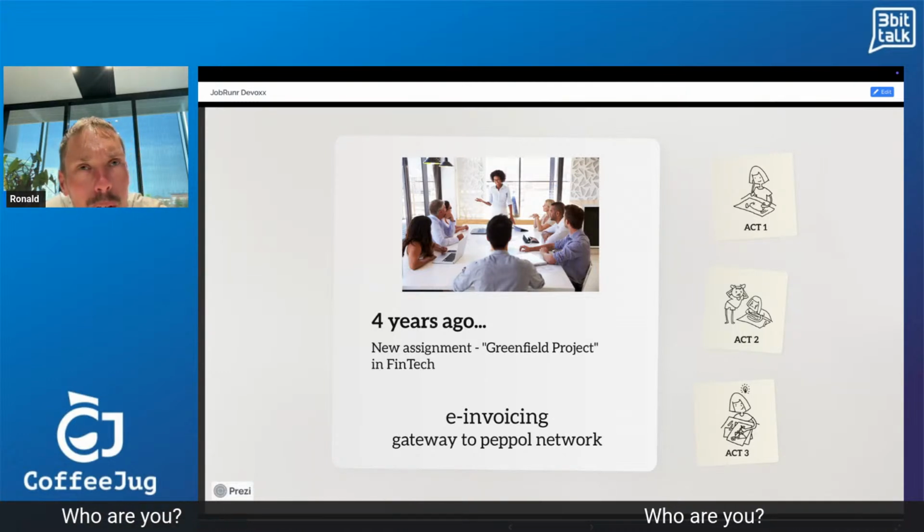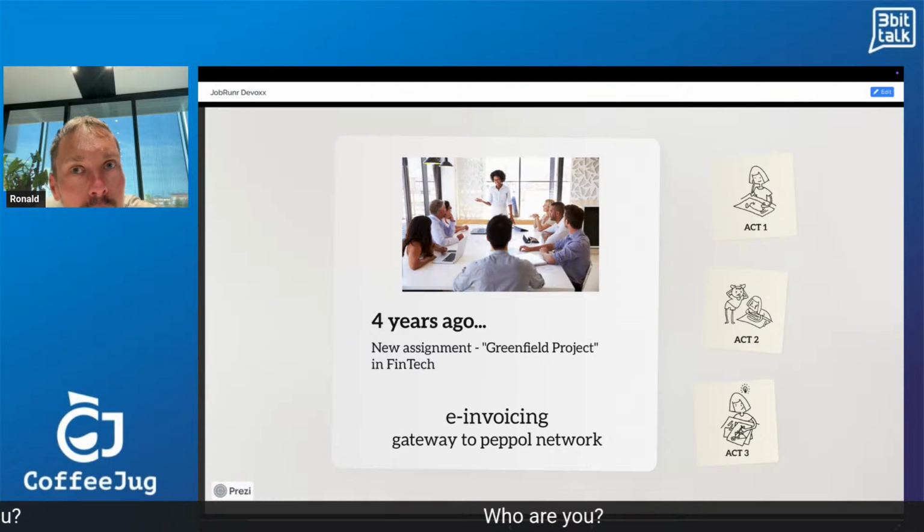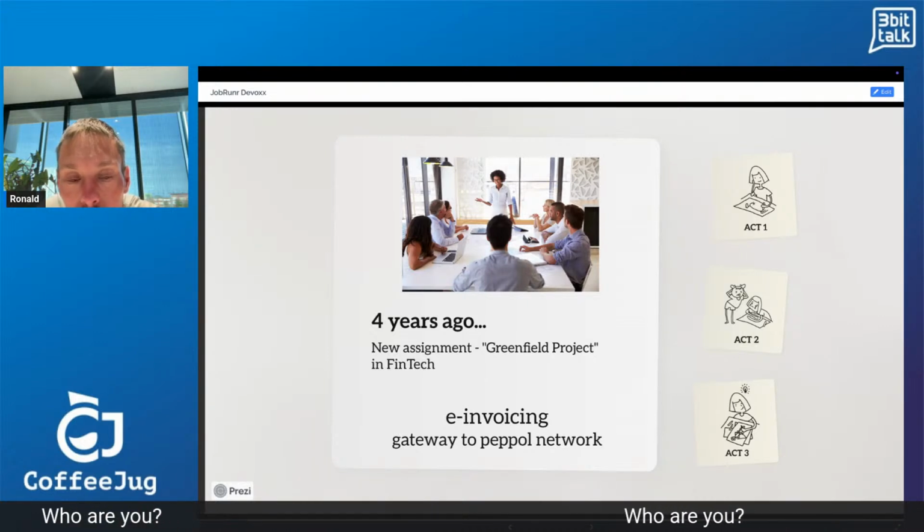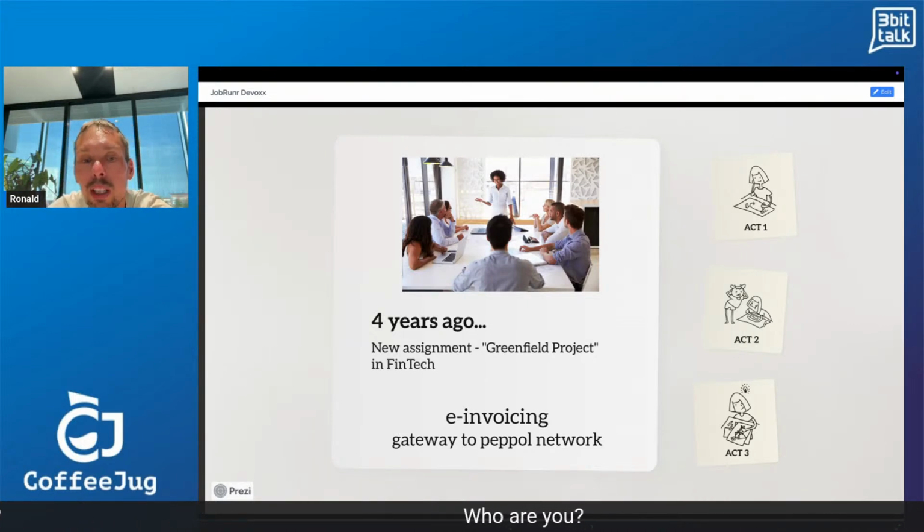And I don't know how it is for Ukraine, but as of next year, here in Europe, everybody will need to send their invoices via XML digitally, and PDF will only be allowed as a base64 attachment within the XML. So just sending a PDF invoice business to business is not allowed anymore in Europe. And so what they were doing, they were building a gateway to the PayPal network.